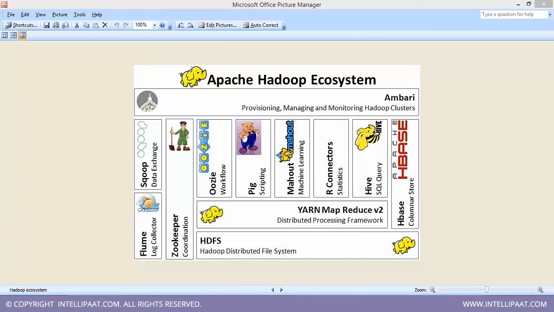But the other advantage we get in Spark is that whatever time we are spending in MapReduce, we can cut down that time significantly. Like if it is taking 100 minutes in MapReduce, I can do the entire job in 2 or 3 minutes. So that is the amount of time we gain in Spark compared to MapReduce.